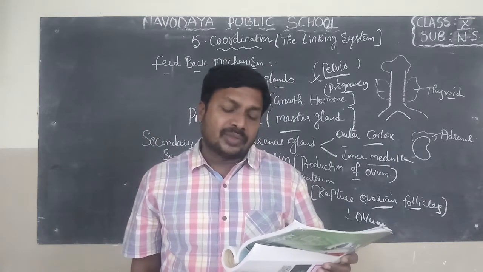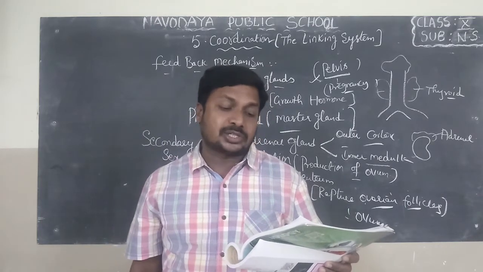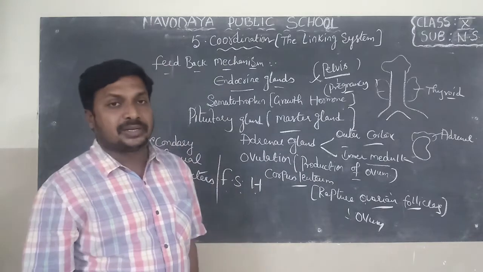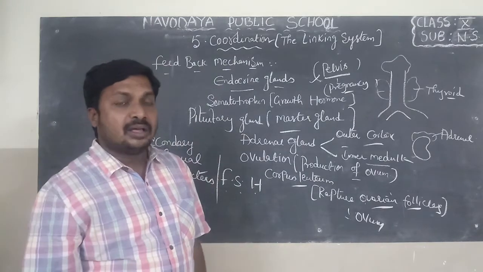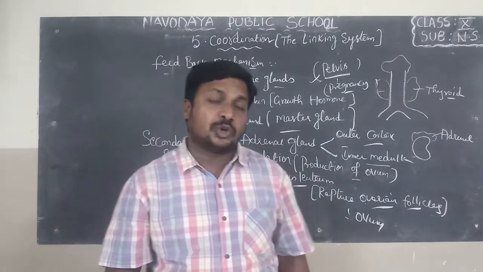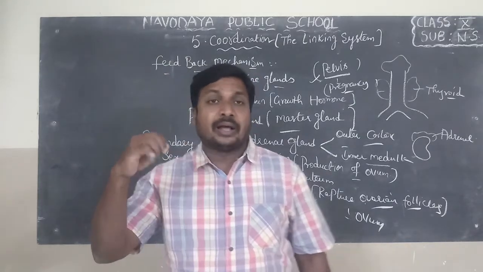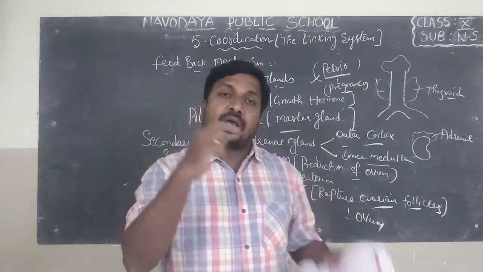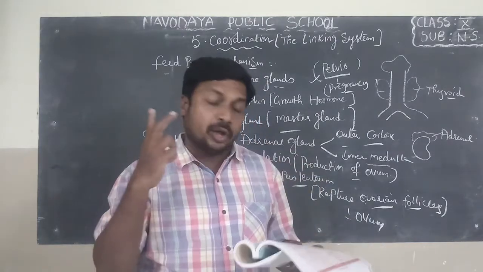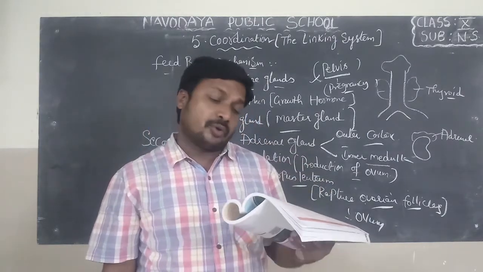Increased heartbeat rate, rise in blood sugar, dilation of coronary artery. Dilation means coronary artery size increases. Why? Because the blood pressure increases, no? The coronary artery is associated with the walls of the heart. When the blood pressure increases, the coronary artery's length and width also increase. That is called dilation of the coronary artery.